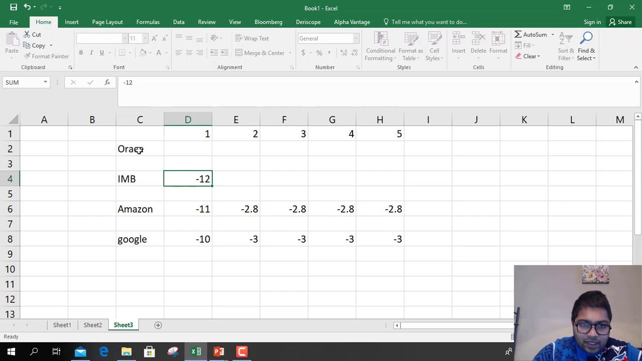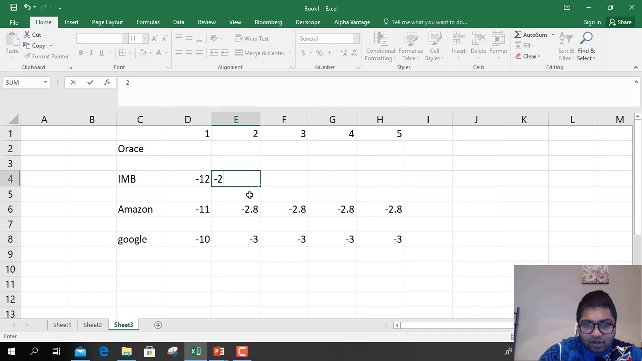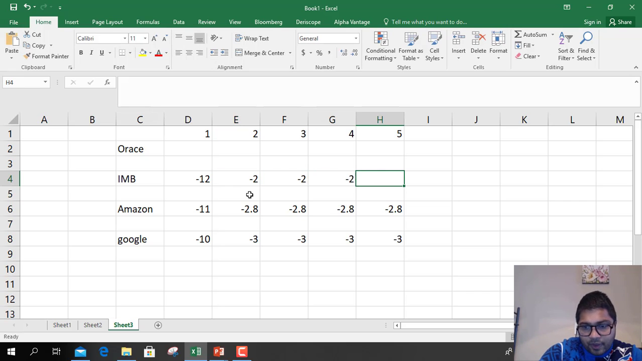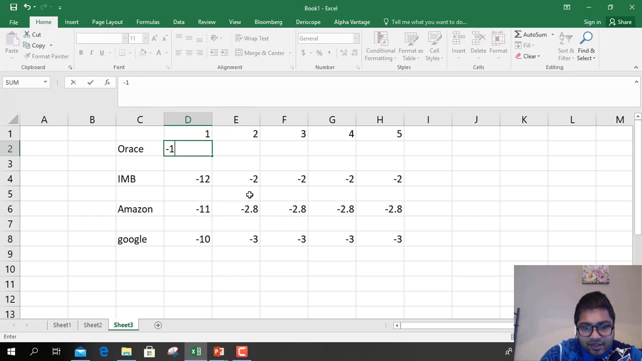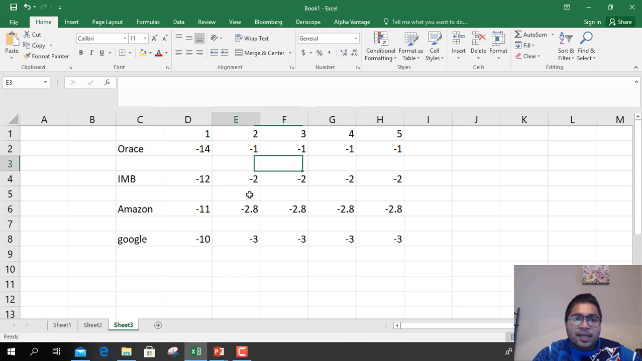IBM, it's more expensive than Amazon, but maintenance costs fall further down. And Oracle is the cheapest upfront, meaning it's the most expensive to maintain, but it doesn't have much maintenance cost. Okay,